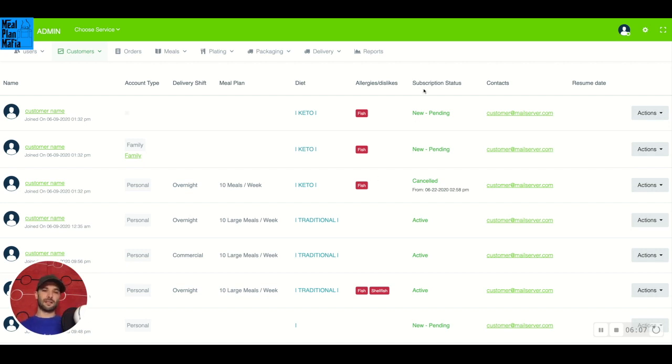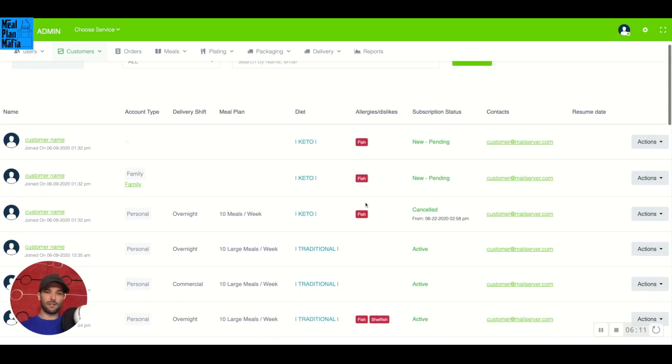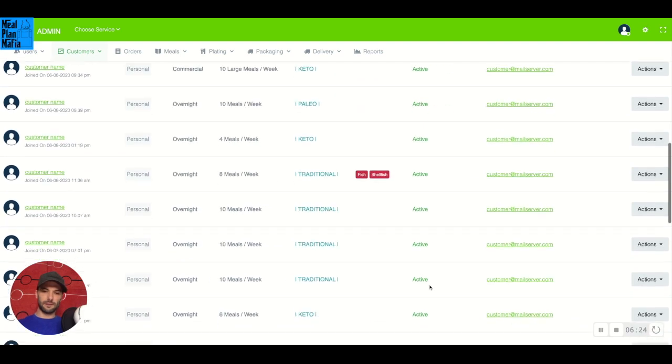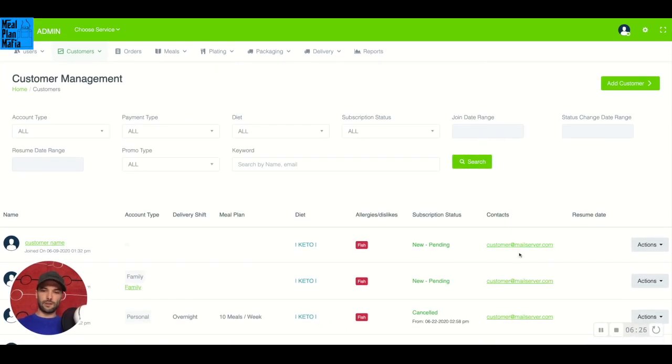Subscription status, it'll tell you, your employees, whoever's handling these files, an overview. And I can then also sort these people based on this. So I could go after all the canceled people and say, hey, why'd you cancel? Let's get some feedback. Let's get you back on, see what the problem is, see if we can fix it. New, pending, active. Great, edit overview, email,